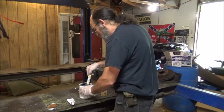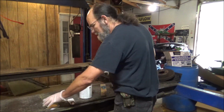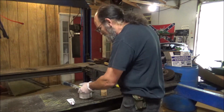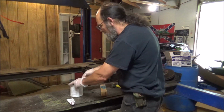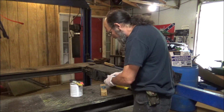And contrary to popular belief, it will sand out good and smooth. Throw a little bit of primer on top of it, and she'll sand out really nice. I got nothing against Bondo now, don't get me wrong, but